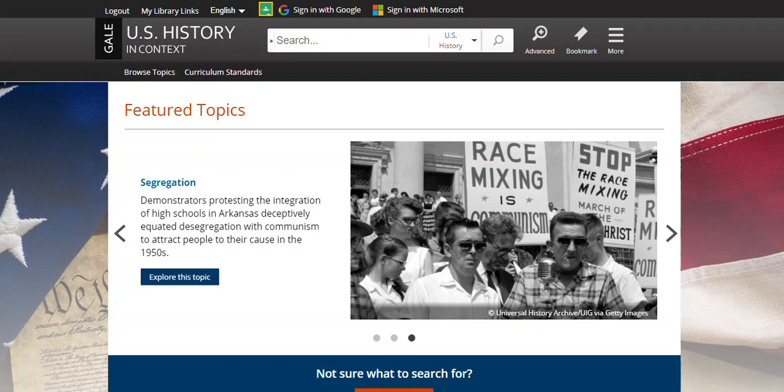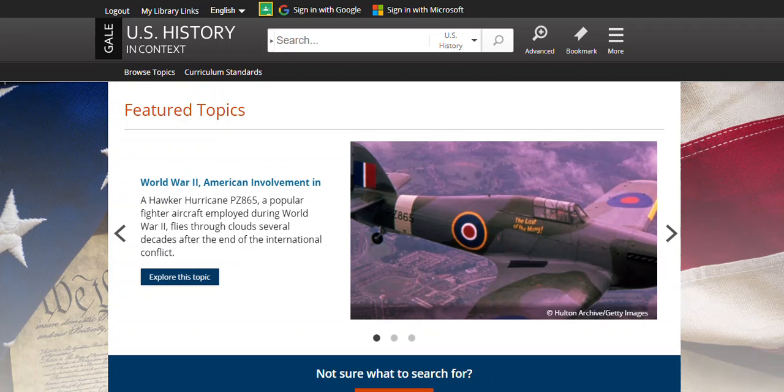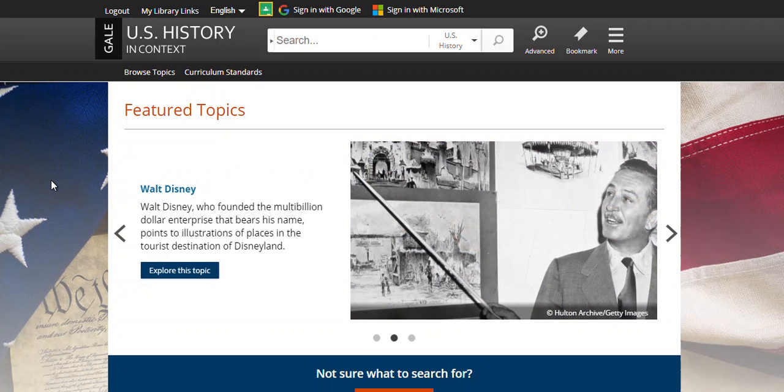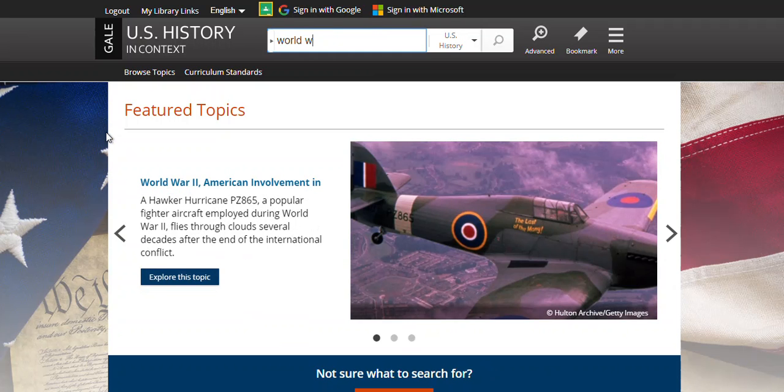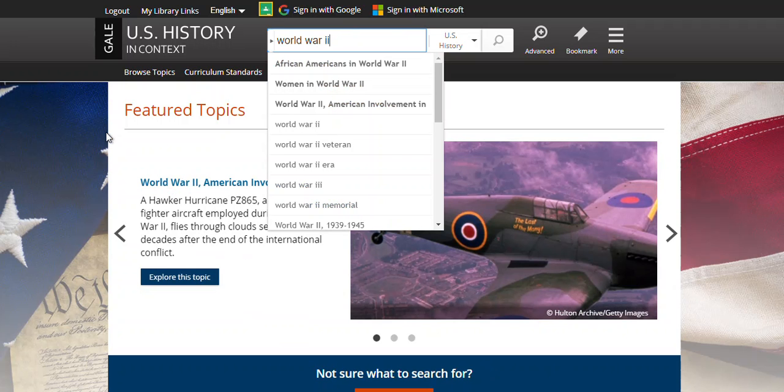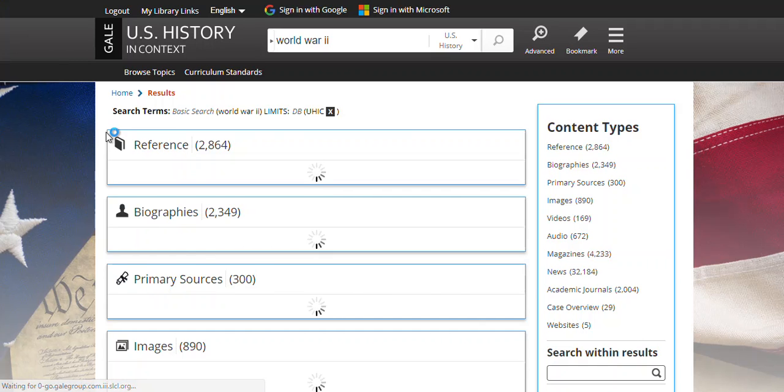I'm going to be giving you a quick tutorial about how to do basic and advanced searches about World War II history within this database. To do a basic search, you can go to the search bar at the very top of the homepage screen, or any of the screens that you're on. For this one, I'm going to click on the search bar and then type in World War II. And I'm going to hit enter, and this will bring up all of the information available on World War II